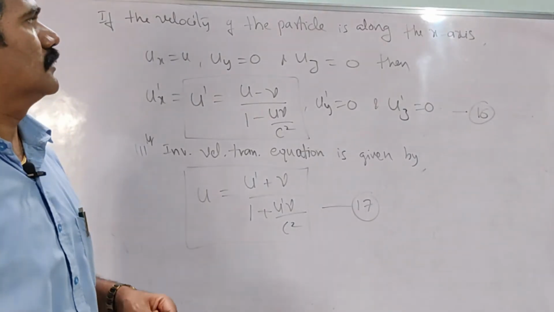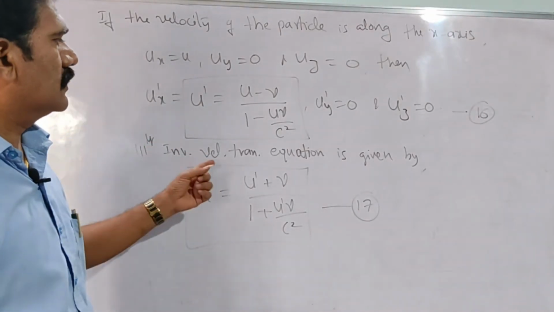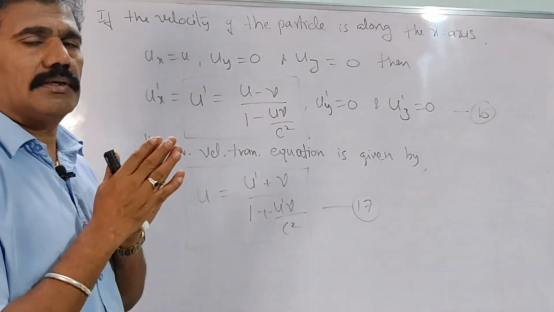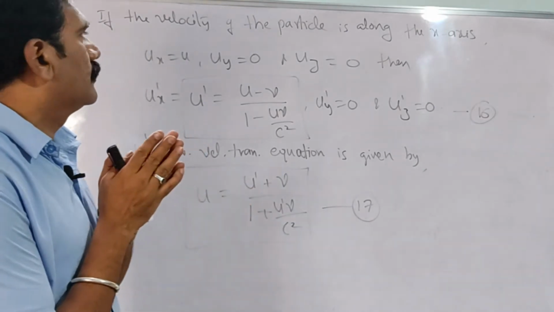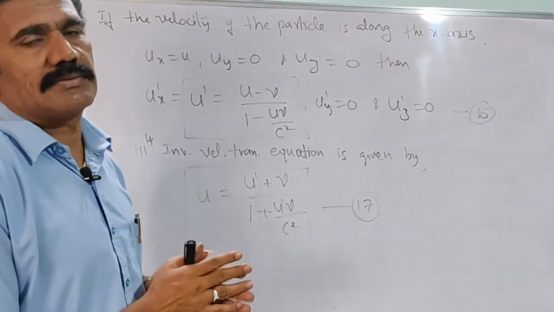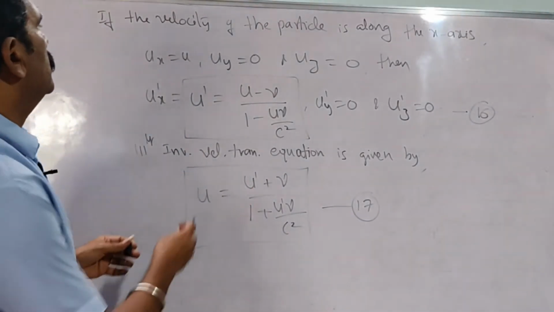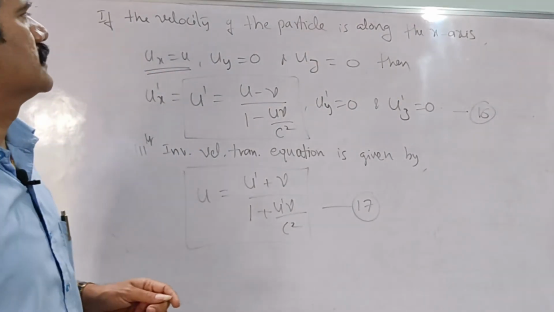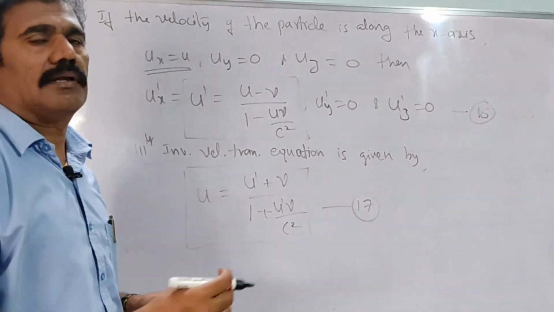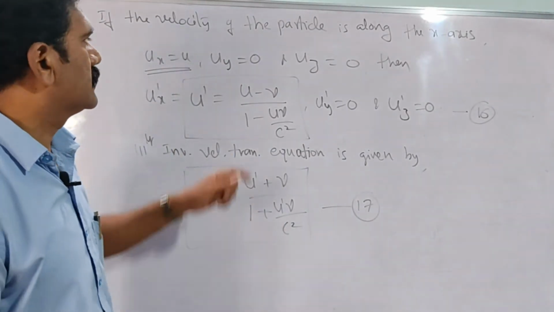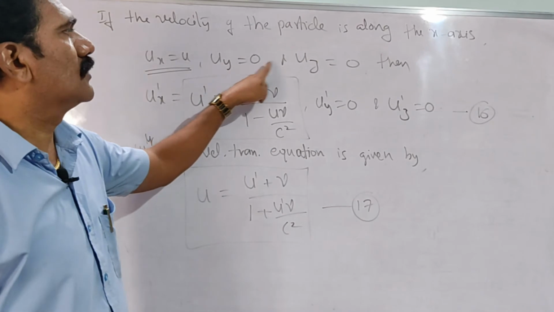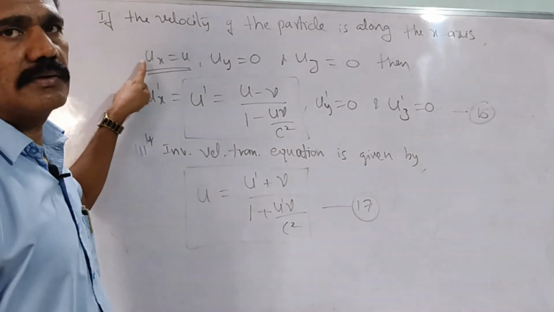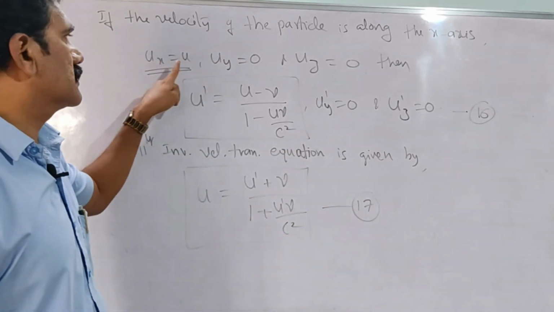Further, in both the velocity transformation equations and the inverse velocity transformation equations, we are assuming that the particle is moving along the x-axis and the frame of reference is also moving along the x-axis only. With that condition we can have ux equal to only u. No need to consider the particle velocity along other directions like y and z, so you can consider uy equal to 0 and uz equal to 0. Only the component ux is there, so you can just write the particle velocity as u.